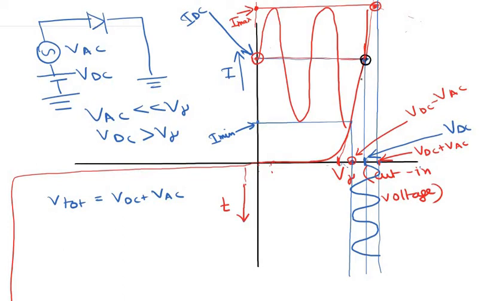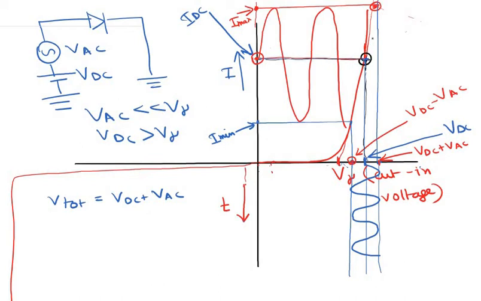Why? Because this is the DC operating point of the diode. This corresponds to the DC voltage here, and this also corresponds to the DC current over here. Now the AC voltage would be oscillating on the top of this DC voltage. So if the voltage across the diode changes by a small amount VAC, then the slope of this curve over here gives me how much current increases for a small increase in the applied voltage.